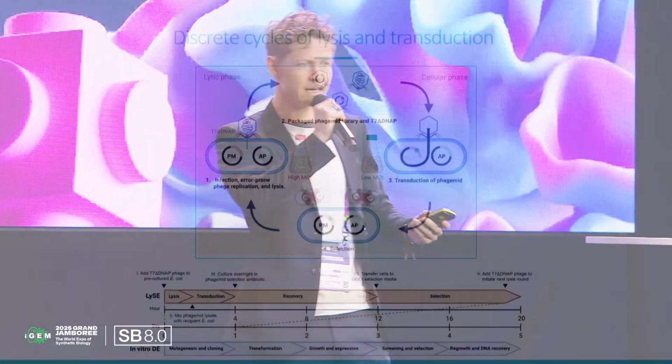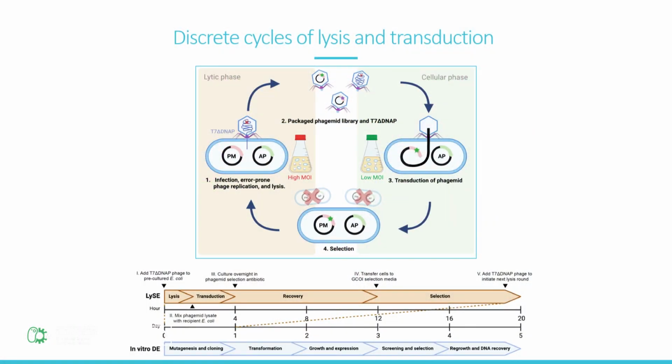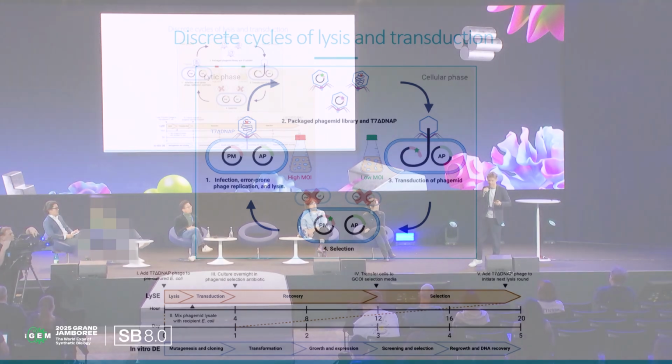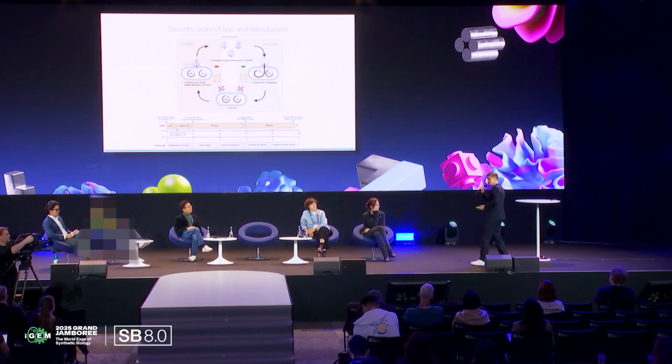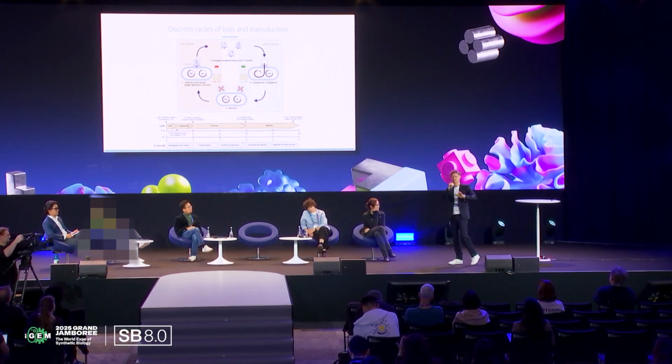That's interesting because now we can start creating a cycle with our lytic phage where we can use a high MOI, that's a high concentration of phage, to kickstart a lysis process where DNA is taken out, replicating, an error-prone replication, replicating quickly, taken out of the cell, and the culture collapses.